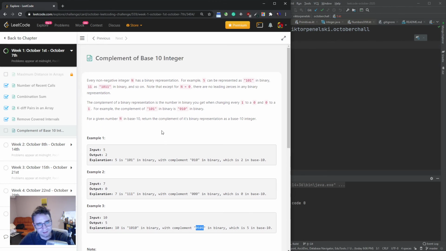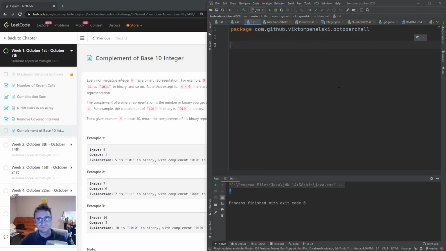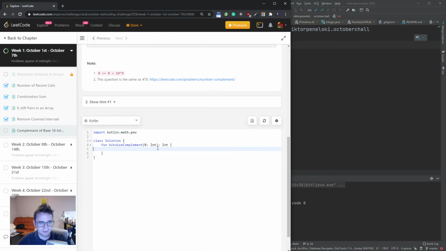So we're taking as an input a base 10 integer, we're returning as an output a base 10 integer, but intermediary we need to do some binary stuff. And the max possible number is actually, I think 9 zeros is a billion, right? Integers in Java, signed integers even, and Kotlin hold a bit more than 2 billion. So we should be fine with just regular integer types. So let's take the function